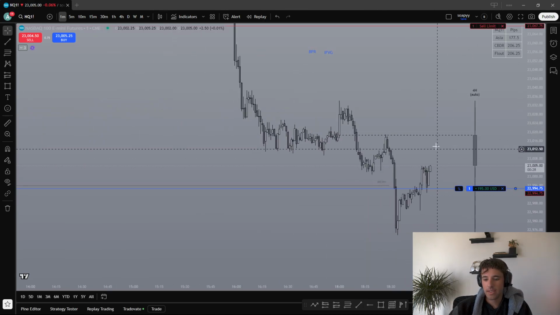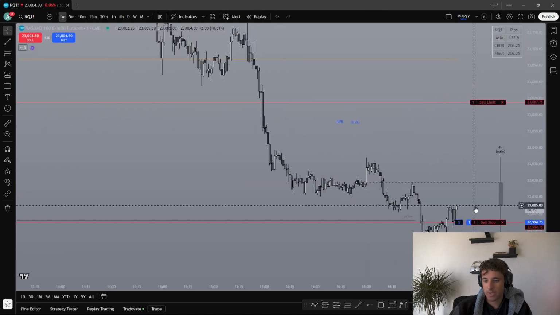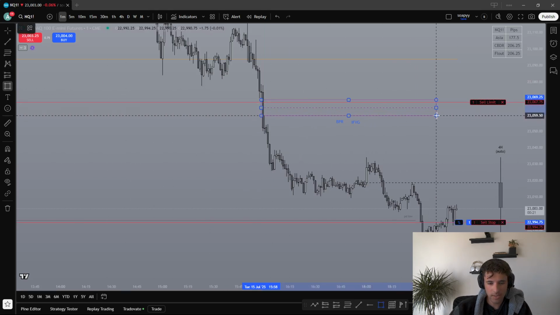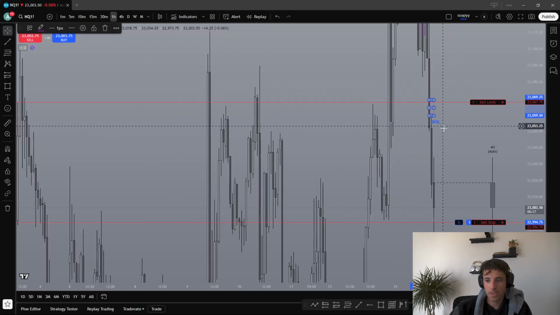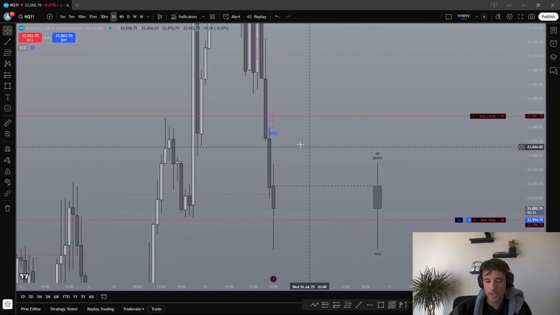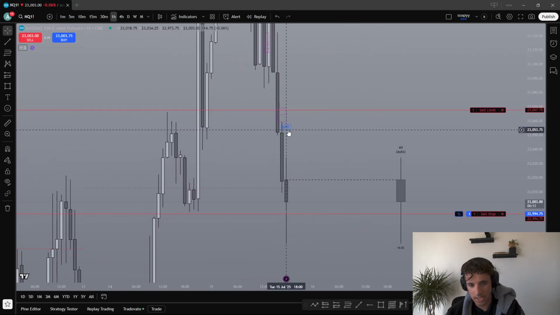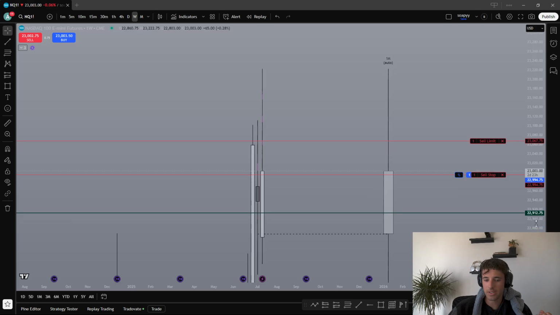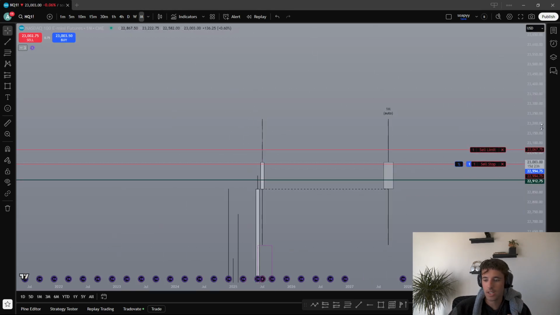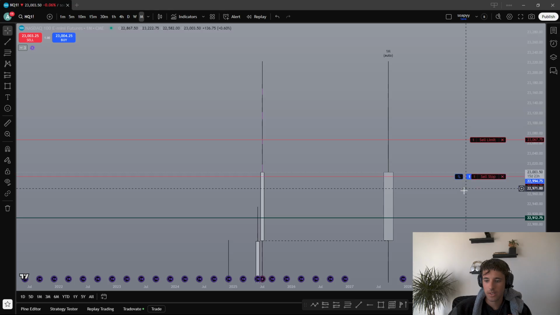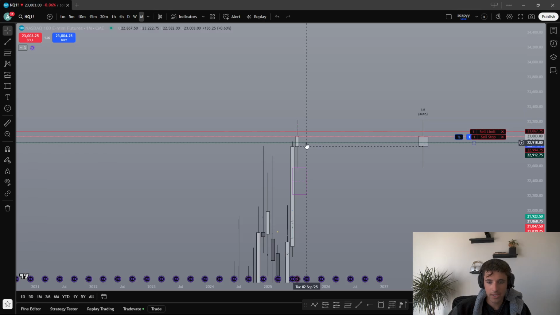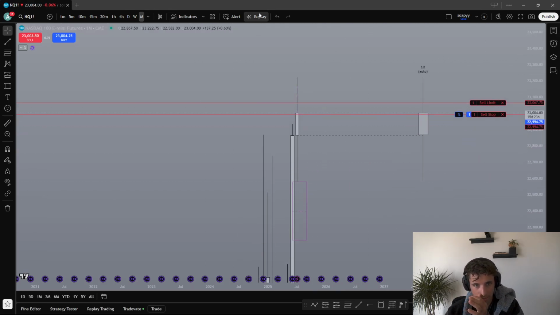So the second thing, that's an imbalance. So price wants to fill it like a magnet. Like right now, the reason my TP is here is because I immediately see this gap right here. So if I go up to the higher time frame, which holds the most validity, it holds the most strength, because we do something called, I'll actually start, this is the simplest way to explain it, I'll start with top-down analysis because I'm going over a lot right now. So I start on the monthly time frame.